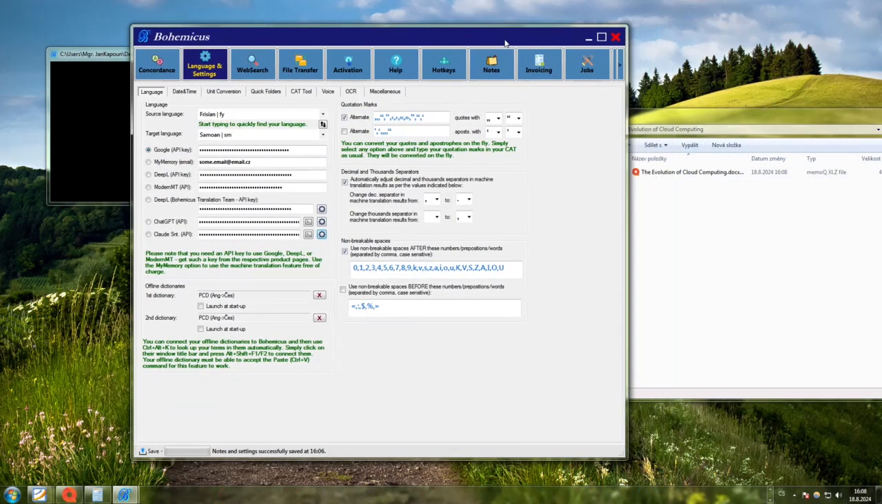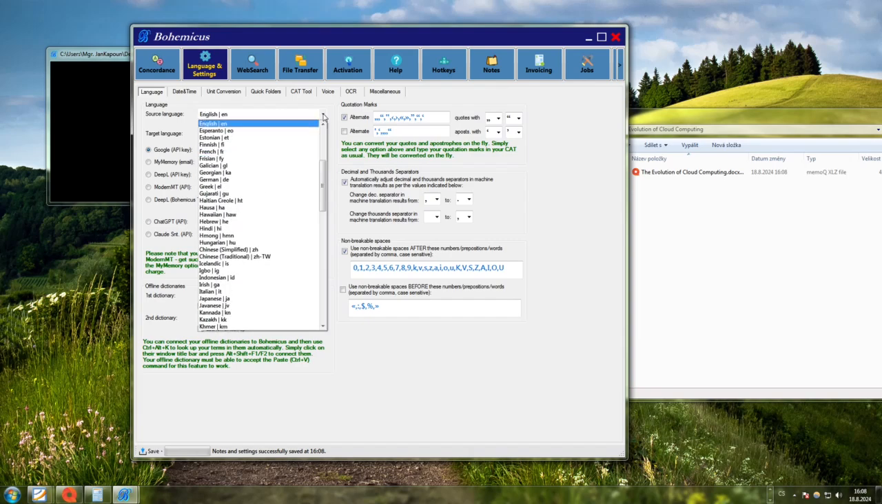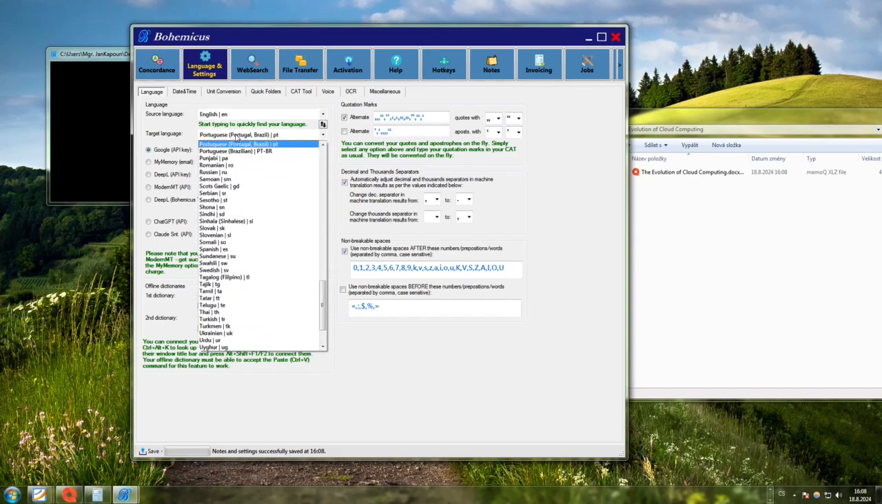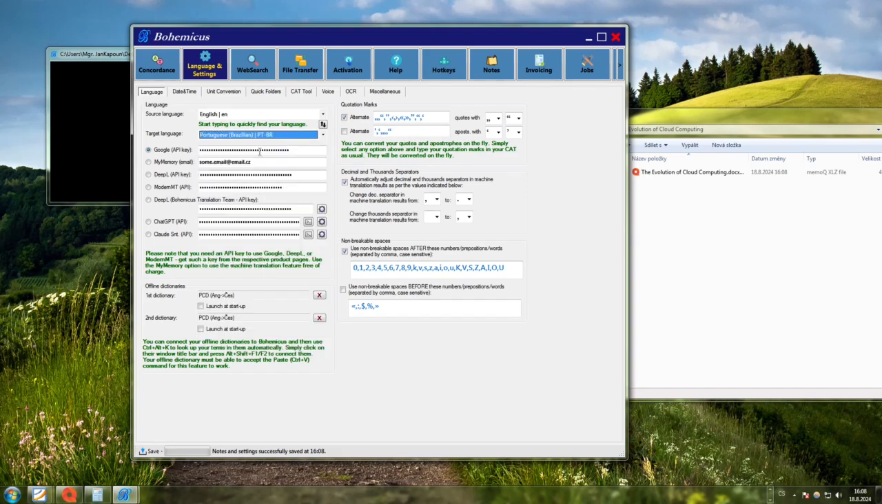And then we go to Bohemicus, and first of all we need to specify the languages. So let's choose the source language, which is English, and let's choose the target language, which is Portuguese, but Brazilian Portuguese, so this one. And then we will also choose this Claude Sonnet option here. That will actually suffice, but if you want to fine-tune it a little bit, you can also click this cogwheel